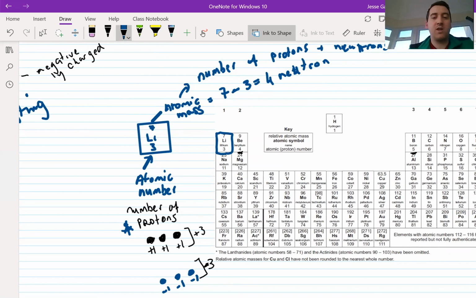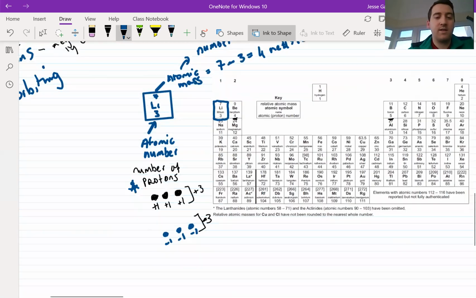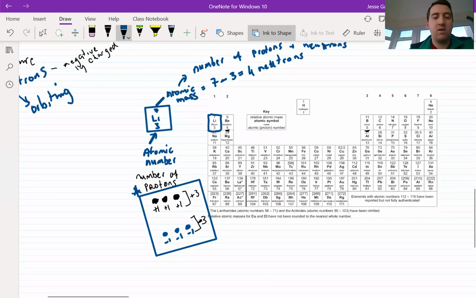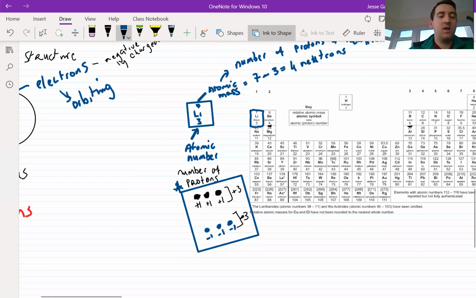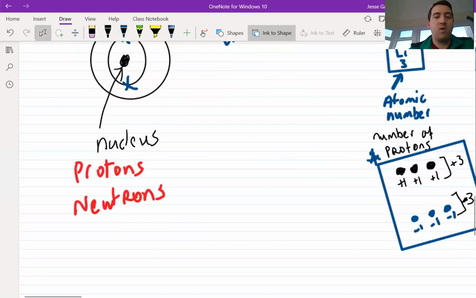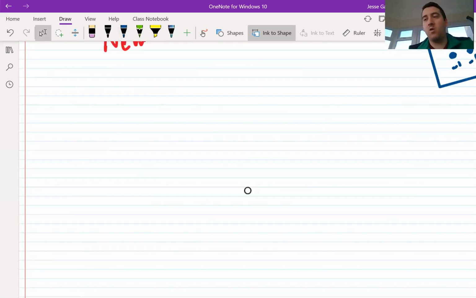Now that calculation isn't as important as this one. For this task, you need to know this. So that's why I was revising this, how to work out the number of protons and electrons. All right, let's go back to an example. Why are we talking about this? We're talking about moles. Let's say we got the question, how many